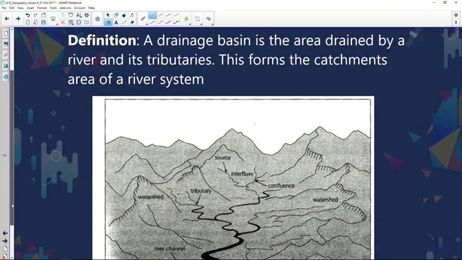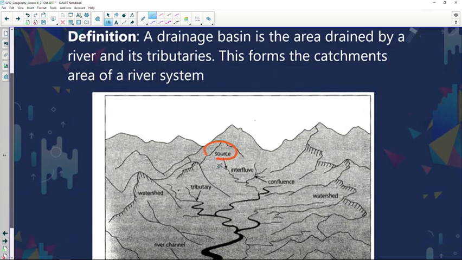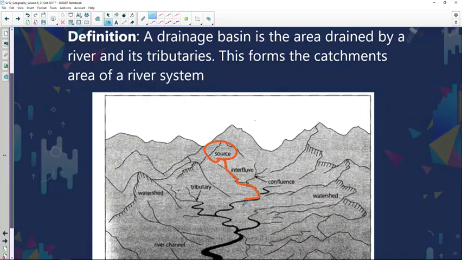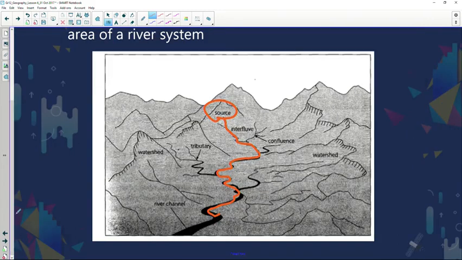Now, all rivers develop from a source. It might be springs, it might be a high-lying area, but it develops where the water originates from. And as the river flows, usually down to your ocean areas, where the river flows into the ocean is known as the mouth. Now, the course of the river is known as the river channel. Now, very importantly over here, other rivers that join the main river are known as tributaries,